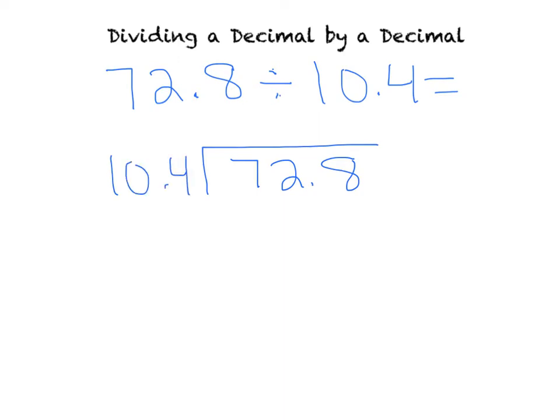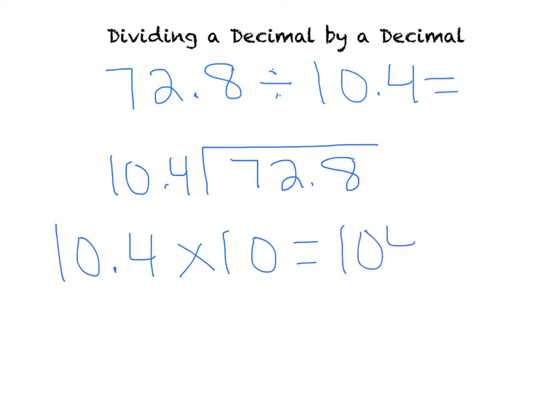All right, now that I have that done, the first thing I'm going to do is work with my divisor, moving my decimal point over. I want to move it to the right. It moves one spot. So I am going to multiply 10.4 times 10, because again, I'm working with powers of 10. 10 to the first power is just 10. So 10 and 4 tenths times 10 equals